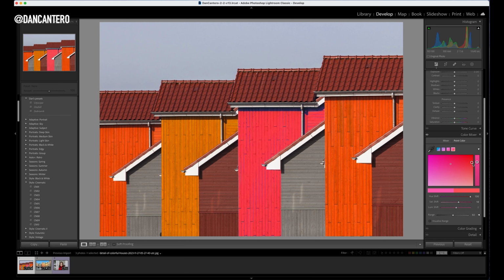And you'll notice that as I move this marker here to the left and to the right, it changes the color. But if I go up and down, it'll change the saturation of that color. Okay, and then on the right hand side you've got this slider here, and that's going to control the luminance, so the brightness level of that color. So I feel that this is a little bit too red. It doesn't look realistic enough, so I'm just going to bring it down a little bit, and maybe around about there. And now we've got something that looks very realistic. I'm going to click on the before and after. So we had blue before, and now we've got red,